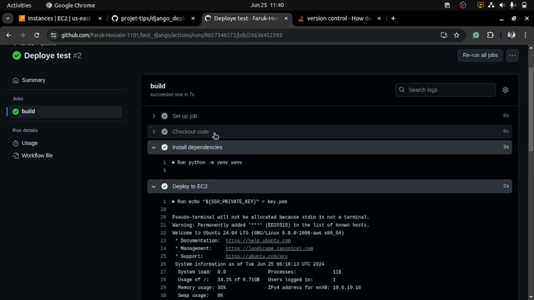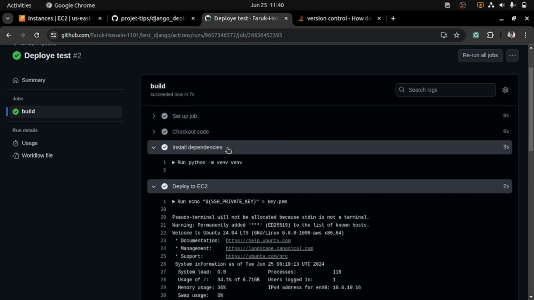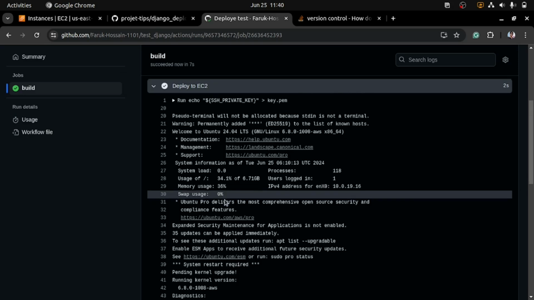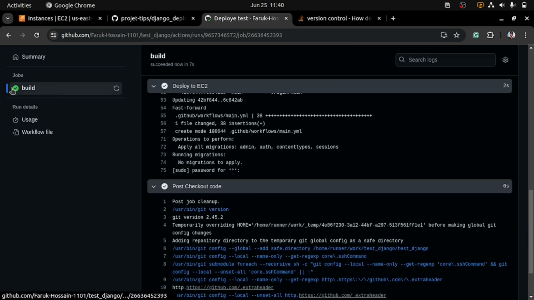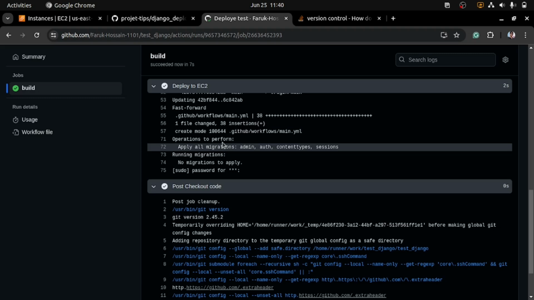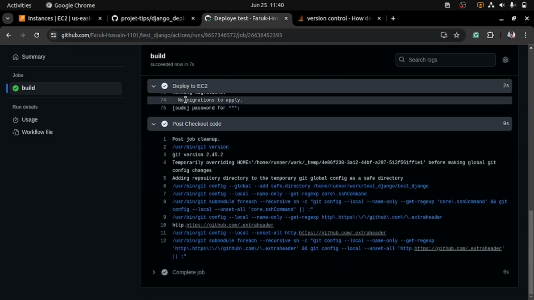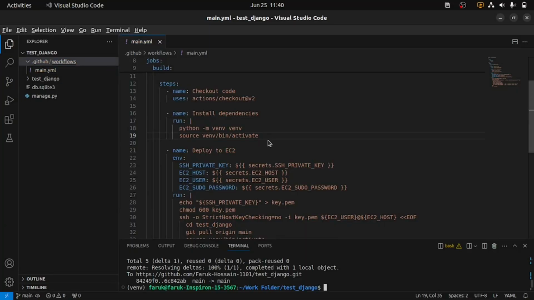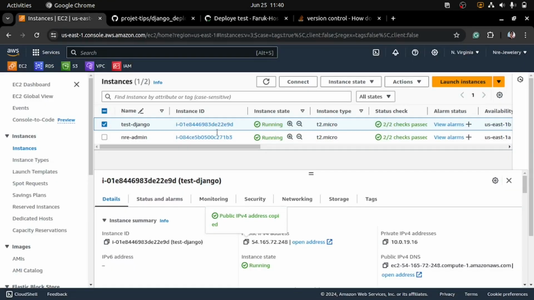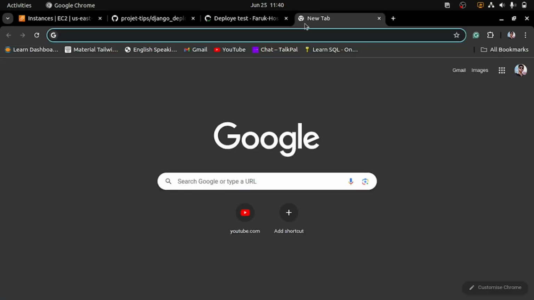First setup, then checkout, then installing dependencies, then deployment. You can see the blue tick mark, it means our project deployed successfully. How can we check whether it was running or not? So let's open our public IP